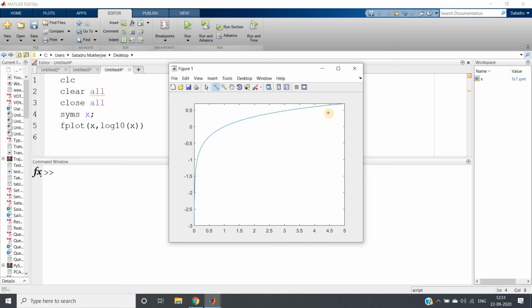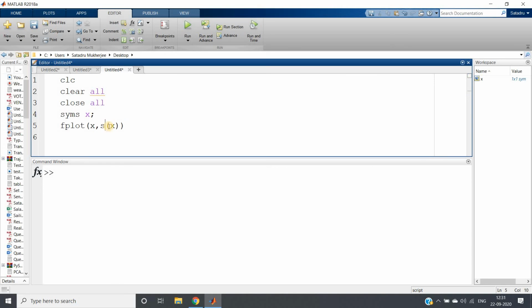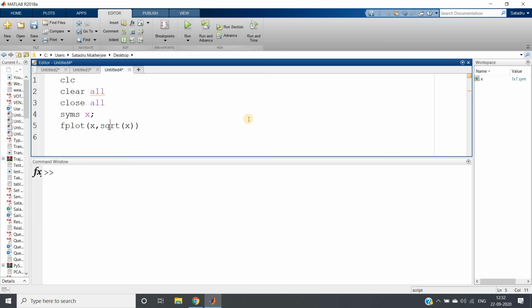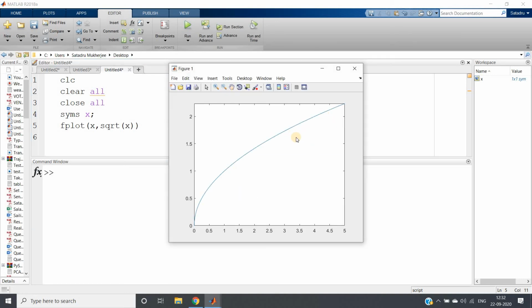As a result, some values which are present at very large magnitude in the x direction are compressed, and the difference between them and the rest of the data set, which is clustered or concentrated at lower values, is decreasing. Similarly, you can apply square root, sqrt of x, and you will get the same. The square root graph also looks such that smaller values are not affected that much, but as the value increases it compresses the values.